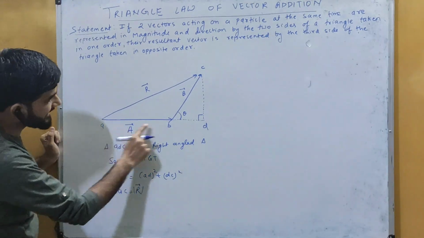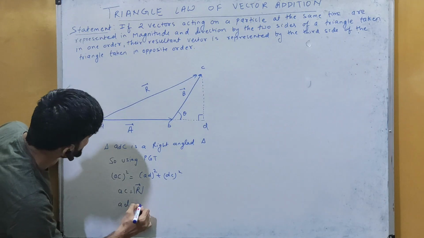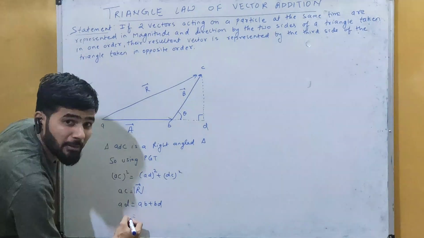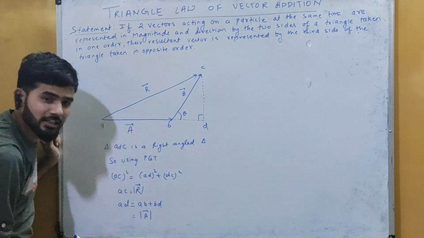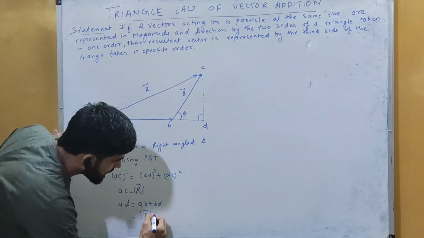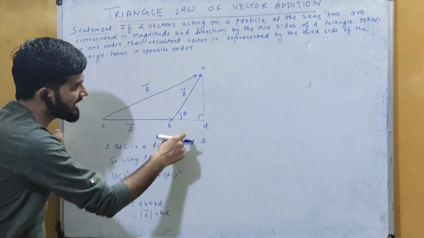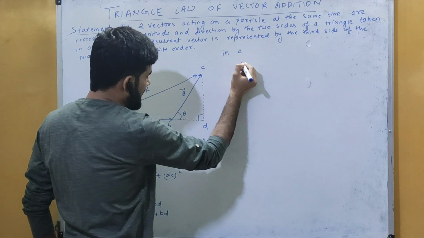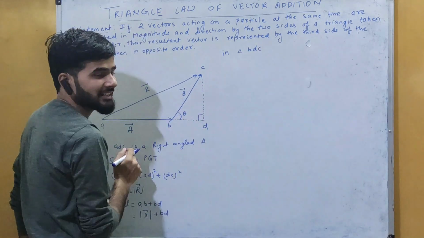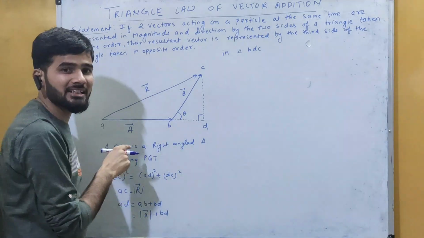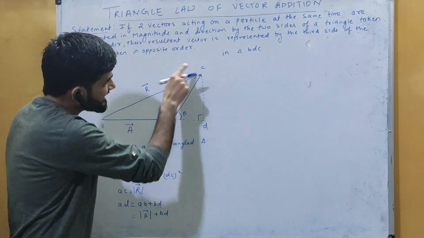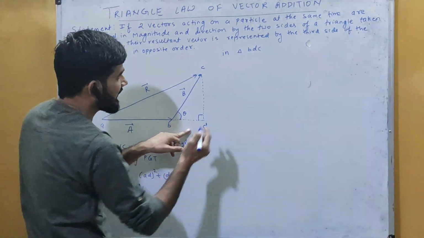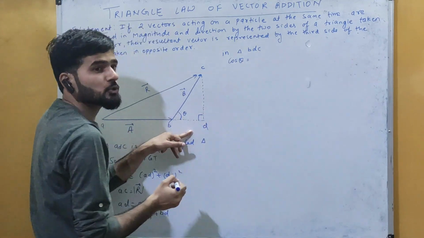Now what about this AD? This AD is equal to AB plus BD. This AB is known to us. I can write its magnitude to be A, which represents the modulus or the magnitude, plus BD. Now we have to find the value of BD. How can we find the value of BD here? We have to use triangle BDC. In this triangle we have to find BD. This BD can be considered the base and this BC the hypotenuse. So we have a relation between hypotenuse and base, that is cos theta. In this triangle, cos theta is equal to base upon hypotenuse.